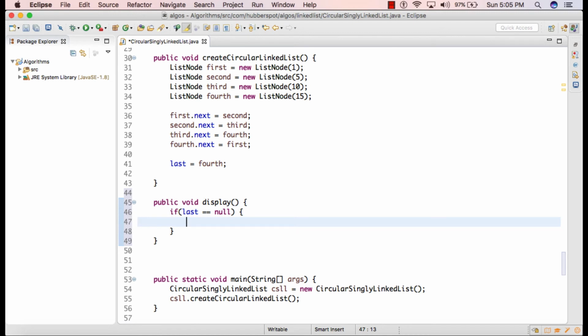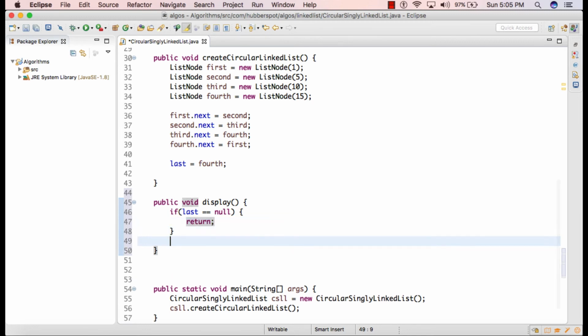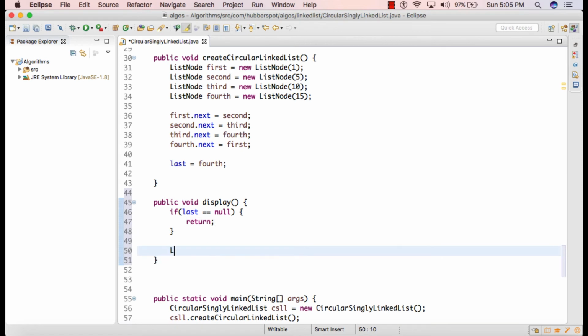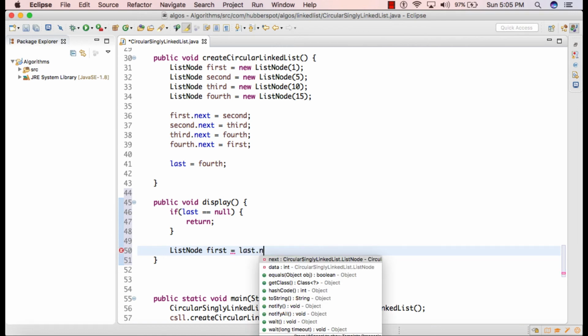So it means that we are checking whether the circular singly linked list is empty or not. So if circular singly linked list is empty, then we'll simply return and do nothing. Moving ahead, we'll create a list node by name first and we'll assign the value of last dot next to it.